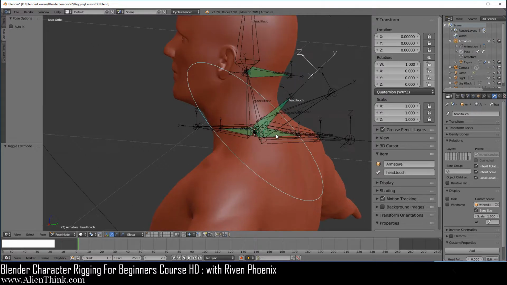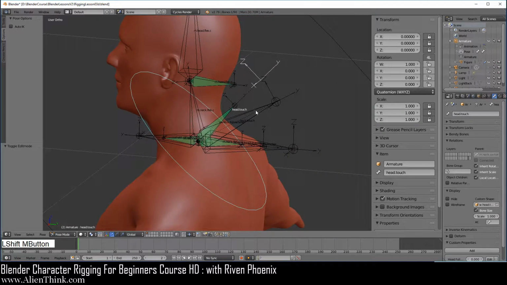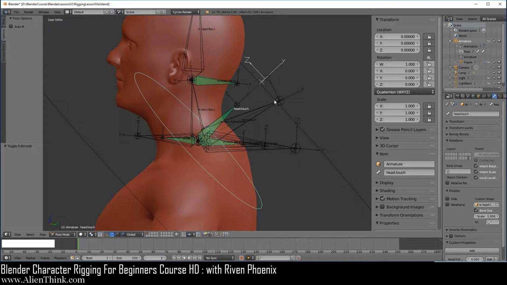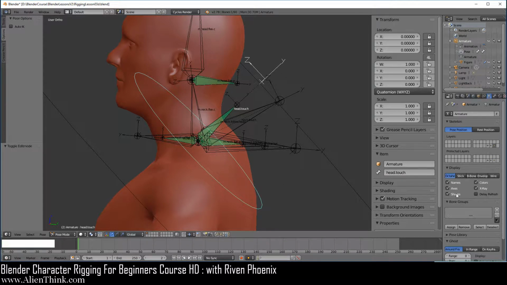So here you will see that this circle is basically being scaled to how the bone appears. Notice that that bone, the head.touch, is no longer showing because that bone has now become this circle. Now this can get a bit confusing when you're working with bone shapes, so what Blender allows you to do is go to the Data tab and actually turn this off at any time. So this is what the bone originally looks like, right? So when you turn on shapes, this is what it looks like.